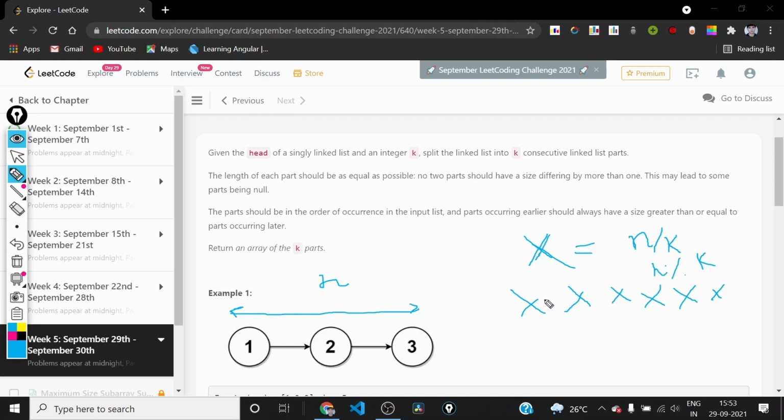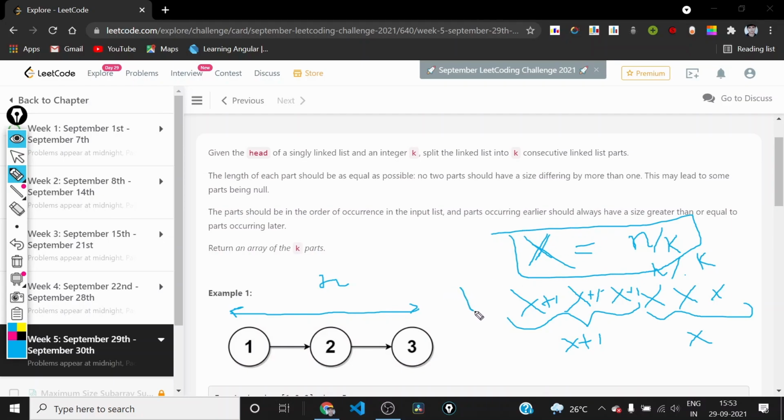So what we will do, we will increment the first n mod k parts by 1. So these n mod k parts should have the size x plus 1, and the rest should have size x, where x is n by k. So this is how we'll calculate the size of each part.